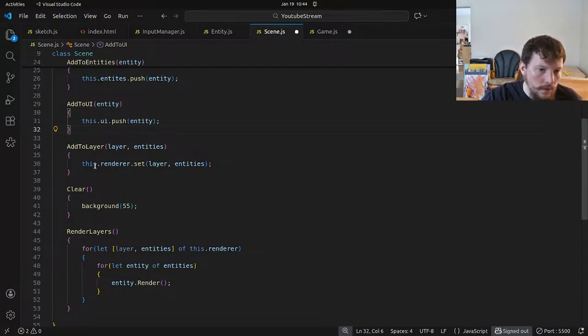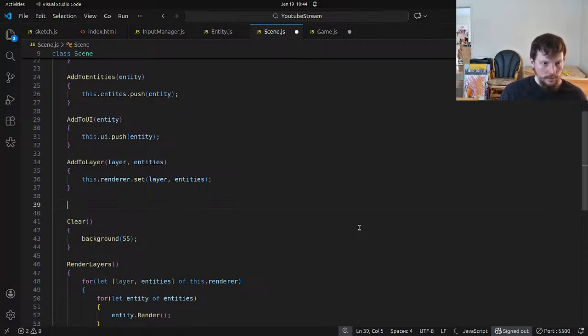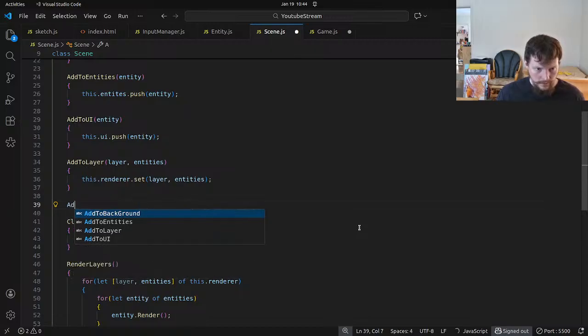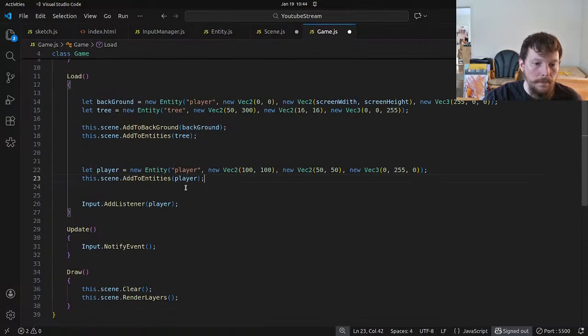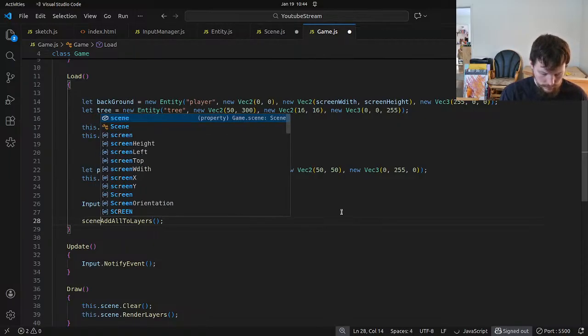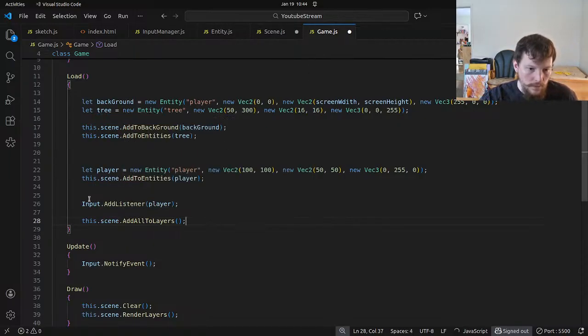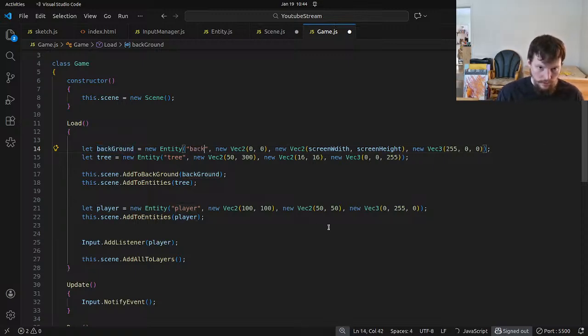That way, instead of calling add to layer, we're going to have an add all to layers. So we're going to have a single call like this. Right, so what's happening here is we have our background, and that needs to be called